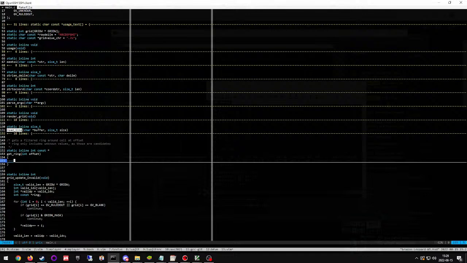So our origin is where that is. And I can finally use my grid 1D macro, so static int ring